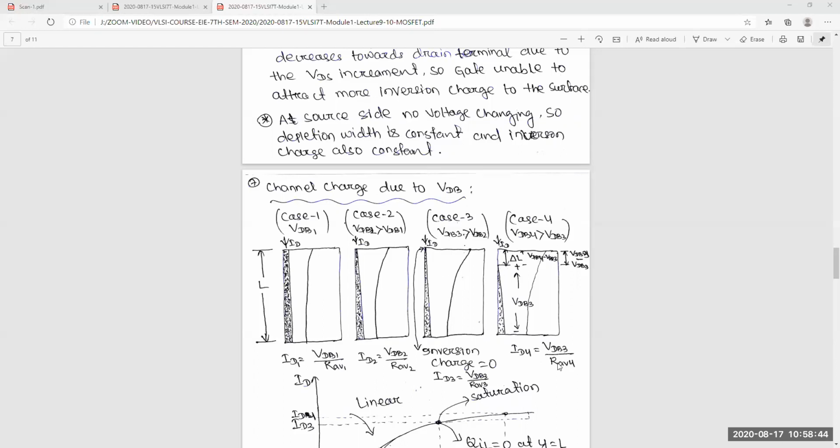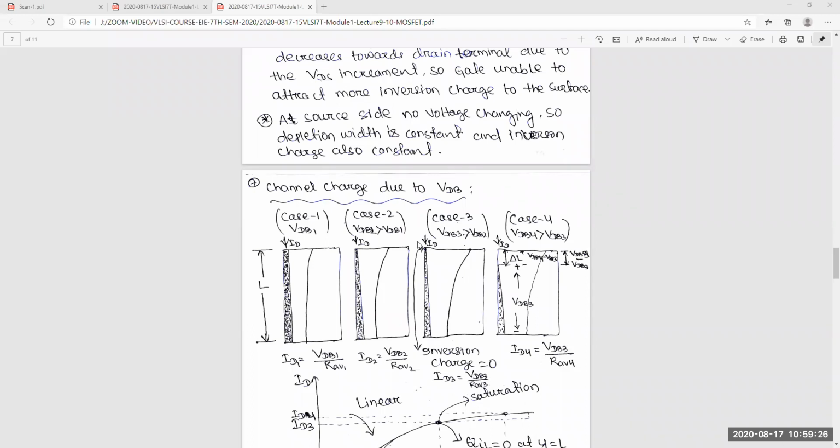Whatever the current. Okay. So the thing you can see here, at the third case and fourth case, if you compare, the VDB is constant in both cases. Okay. And R average 3 and R average 4 are also constant. R average 4 will be a little bit less because the length is less. If you calculate resistance, rho L by A, if L is less, it means resistance will be low. So here same thing, VDB is constant, but R average 4 is a little bit less than R average 3.